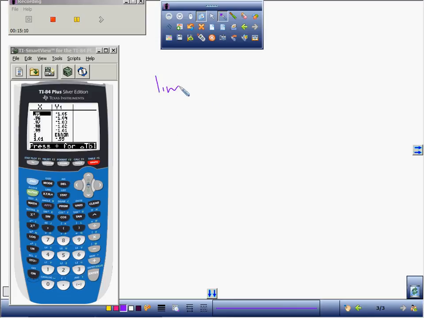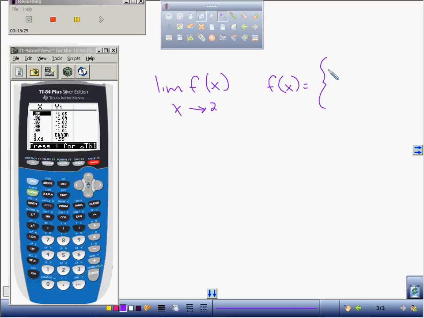Find the limit of f of x as x goes to 2, if f of x equals, and then they do something like this, 2x minus 1 if x is not equal to 2, and negative 2 if x